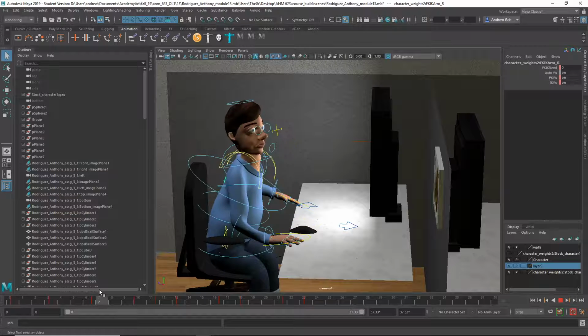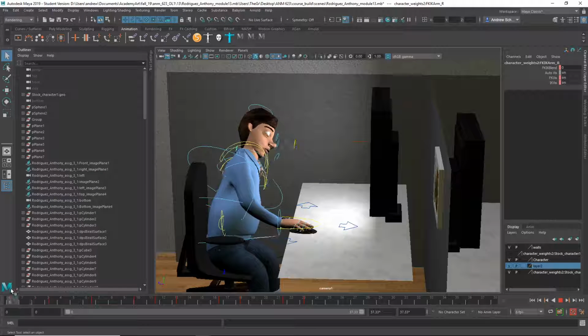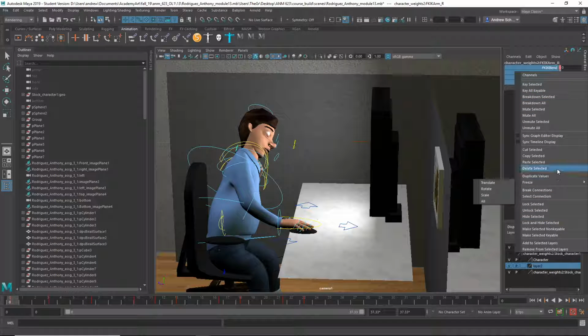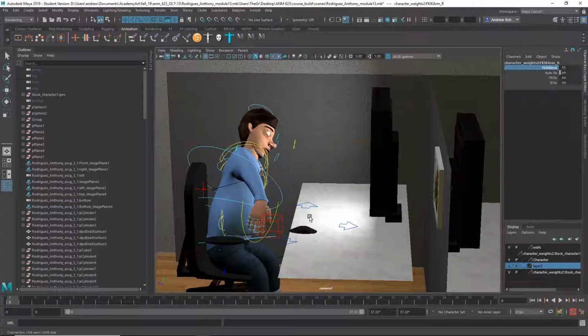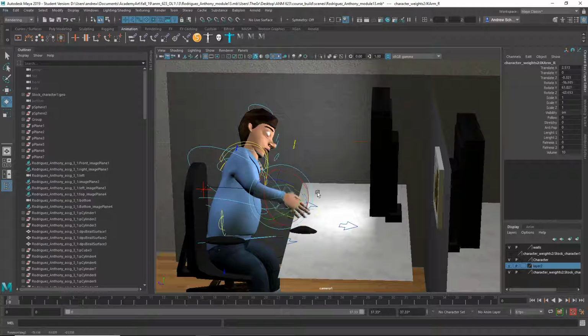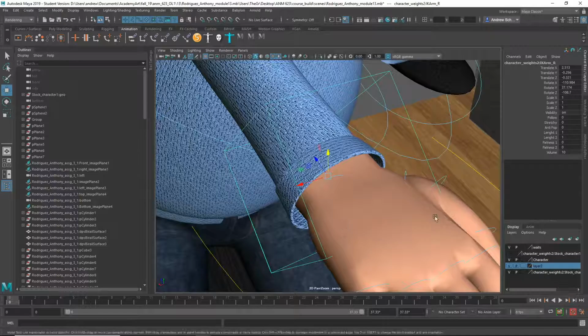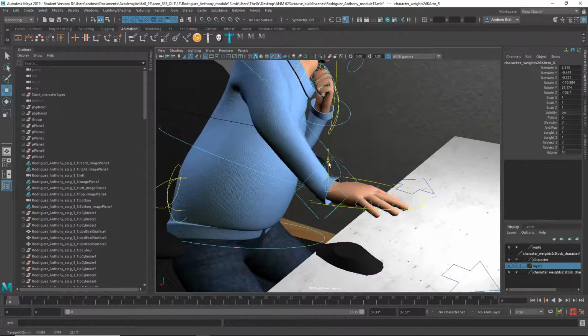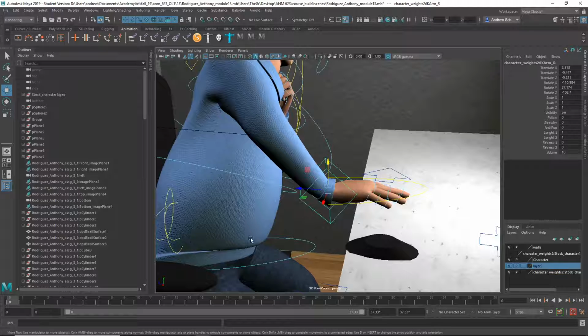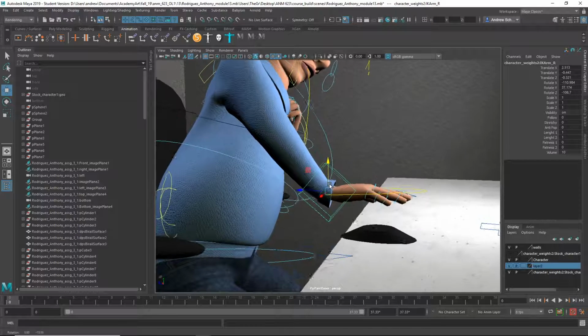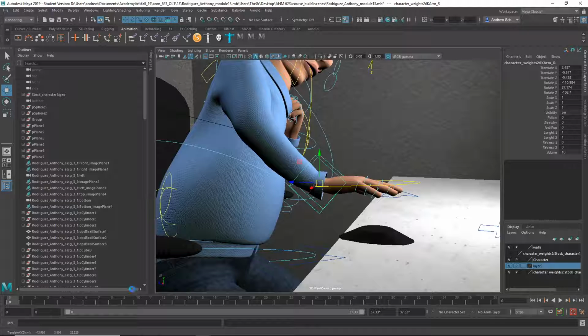I can show you that real quick if you want to see. I'll just do it with one hand as an example. I would delete these keyframes, delete selected, change this to 10, use this to move the hand into place. Doesn't quite reach at the moment. So maybe start it here and then,